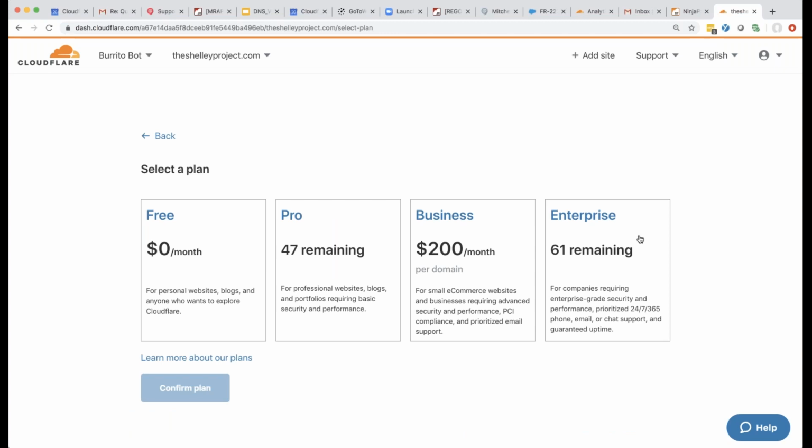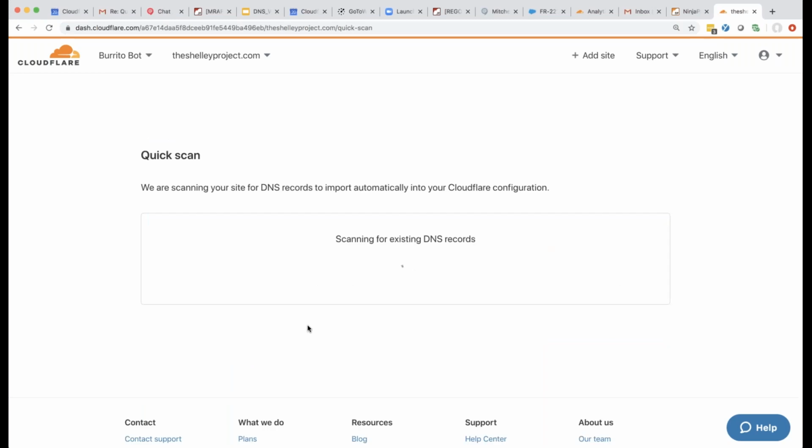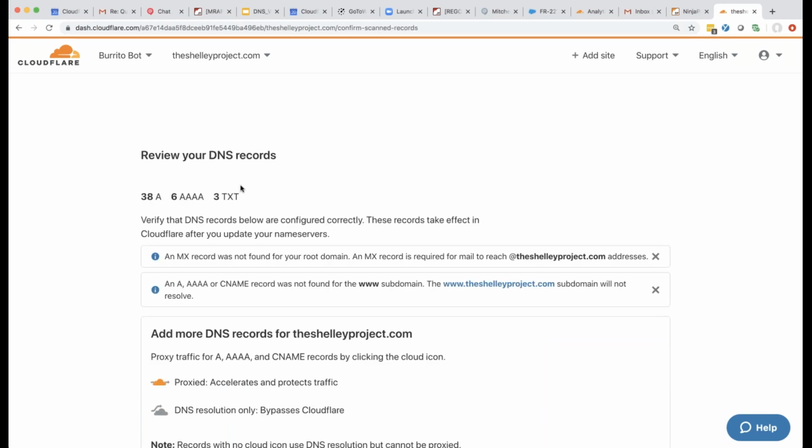So we offer a number of different plans. It's perfectly fine to have a free website on Cloudflare, but we do offer Pro and Business plans for other types of organizations that want to consume services on Cloudflare and have a little bit more in terms of options and different things that we can do. And then lastly, we have Enterprise, which is our highest grade plan reserved for customers that have contracts with us. So I'm going to choose Enterprise for this particular zone, and out of the gate, it will automatically scan for